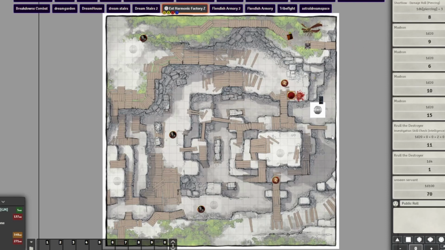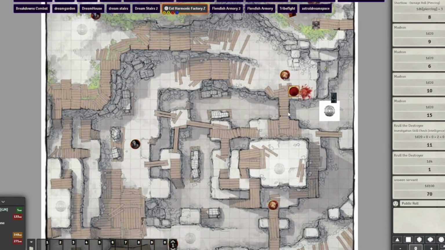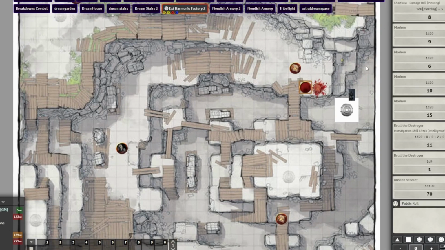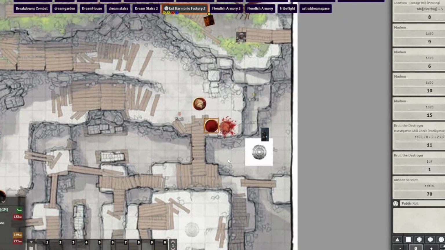So he's going to, and this is a Modron or whatever, right? Yep. This here? Okay. So he's going to shoot his Eldritch Blast.